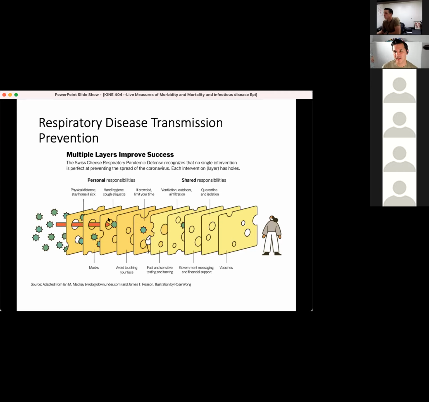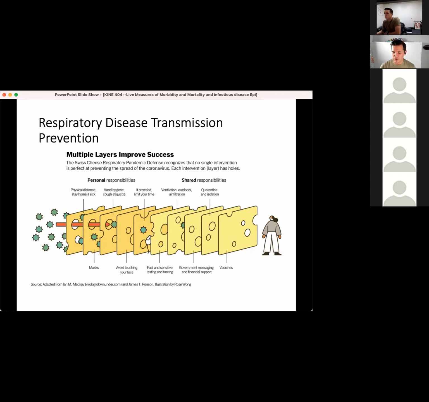Hand hygiene, coughing etiquette. So washing your hands frequently and properly for 20 to 25 seconds, using hand sanitizer, not coughing into your hands, but coughing and sneezing into your elbow or into your shoulder. Avoid touching your face. And that's an important one, and something that I struggle with, is touching your face too much,